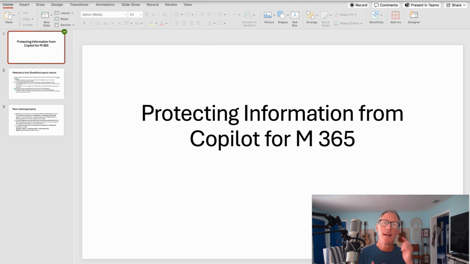Okay, everybody, let's take a look at a couple of notes that I've made to get us started. How do we protect ourselves or protect information from these Gen AI services, including Microsoft's Copilot for Microsoft 365 or Graph Grounded Chat, whatever we choose to call it. Well,